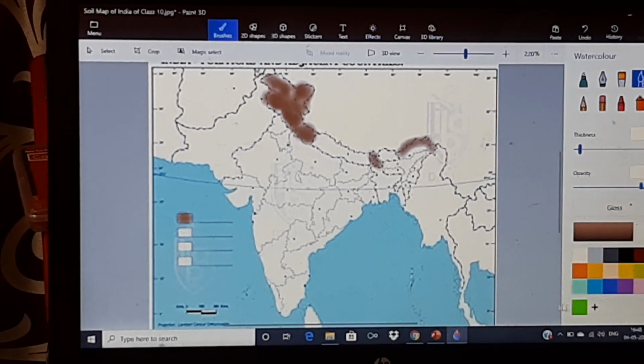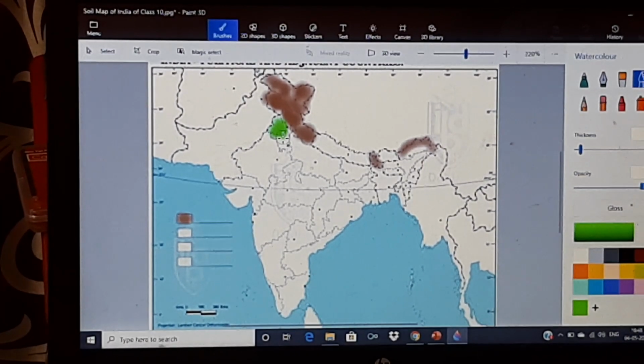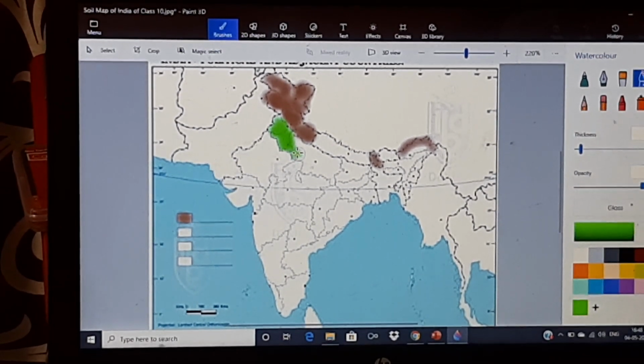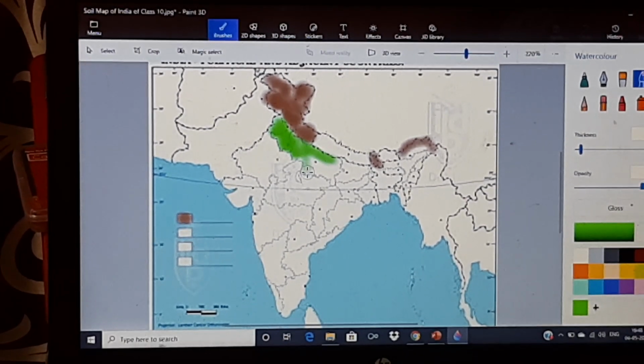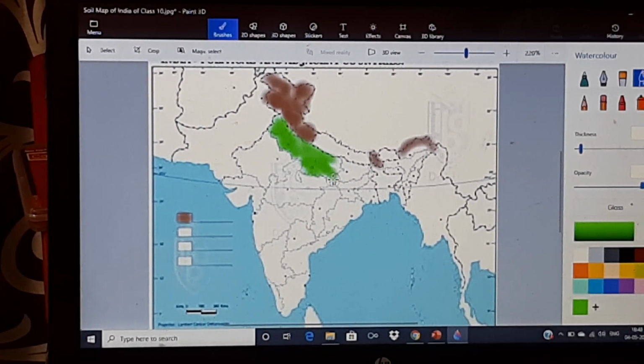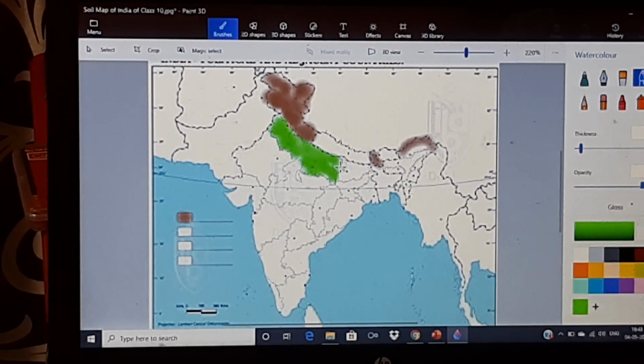Now the next soil that we are going to plot is the alluvial soil. Now alluvial soil covers the state of Punjab, entirely Haryana, comes to Uttar Pradesh, entire Uttar Pradesh. It moves to the part of southern Uttar Pradesh in this order. Now it covers the entire state of Bihar,